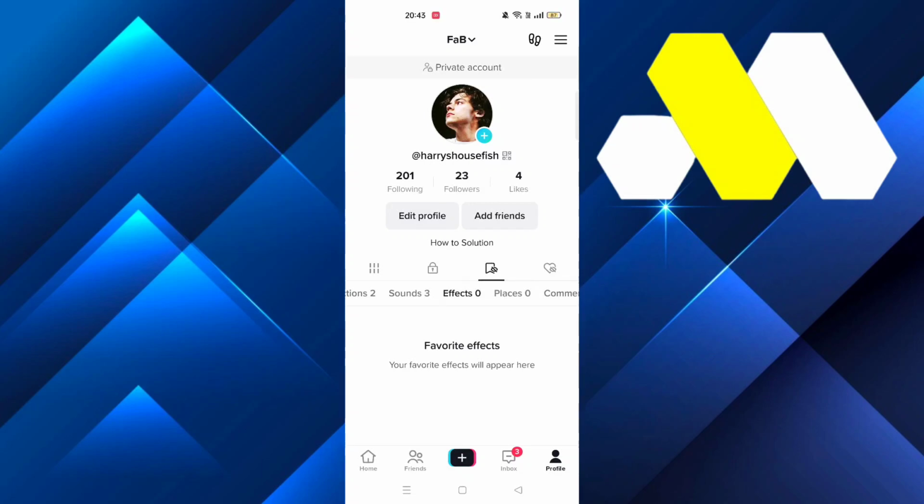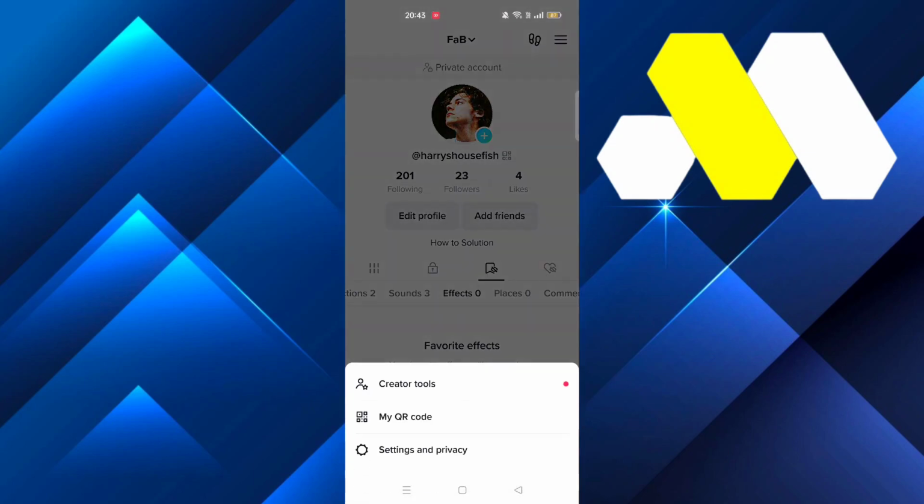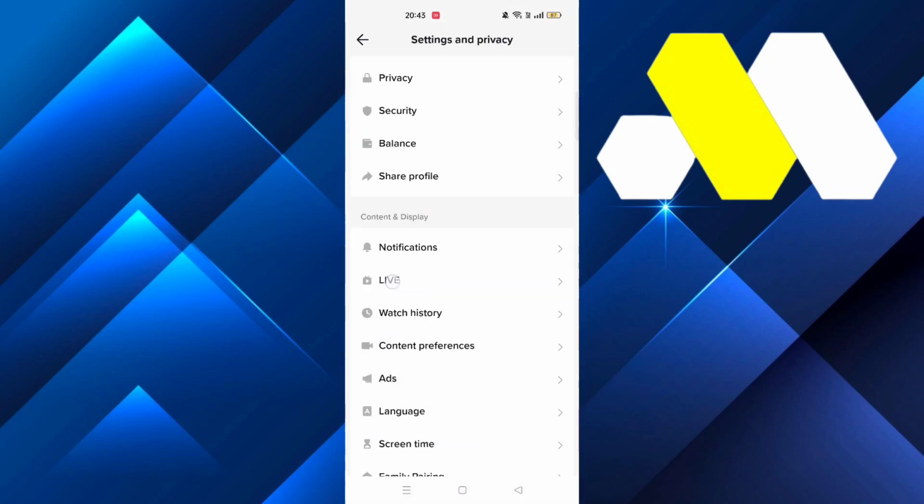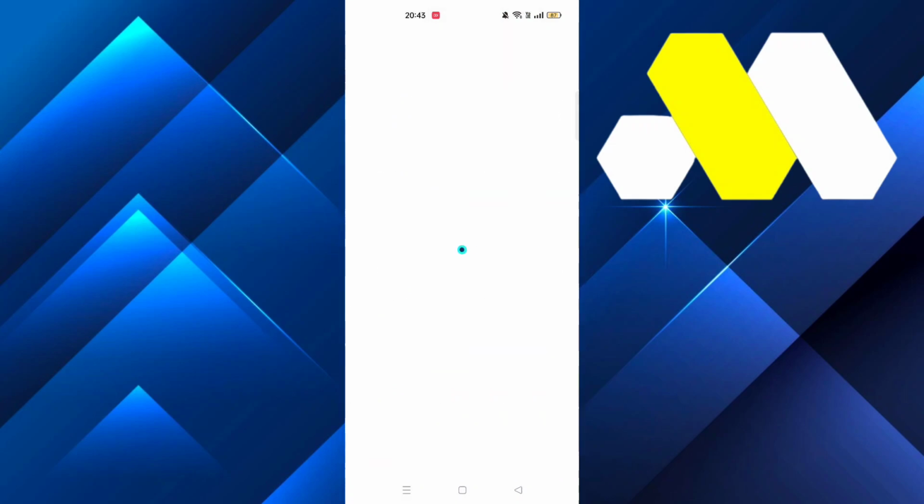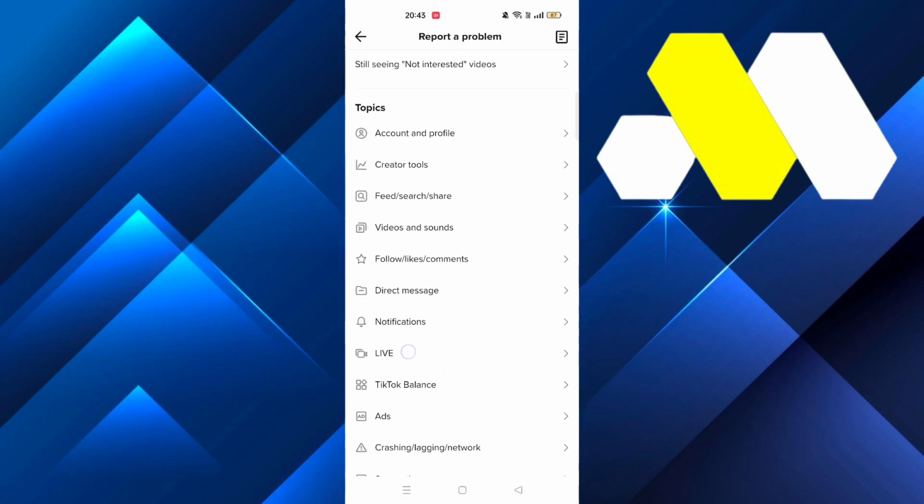In this video we're going to show you how you can go live on TikTok without 1,000 followers. So tap on the three dots and then go to settings and privacy. From there scroll down until you see report a problem. Then scroll down and you'll see live,